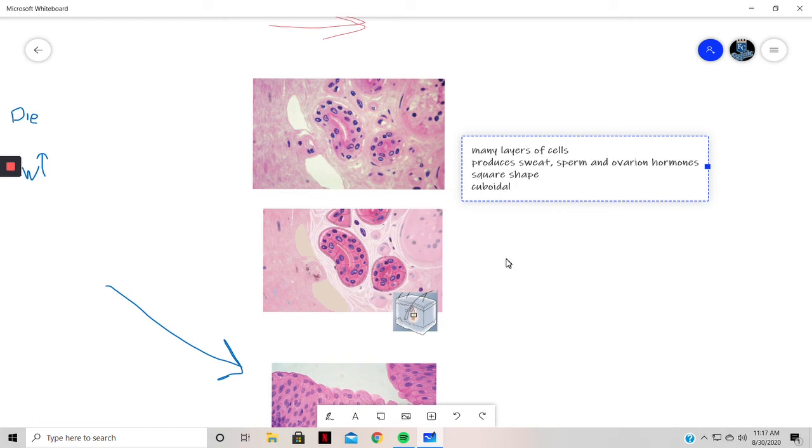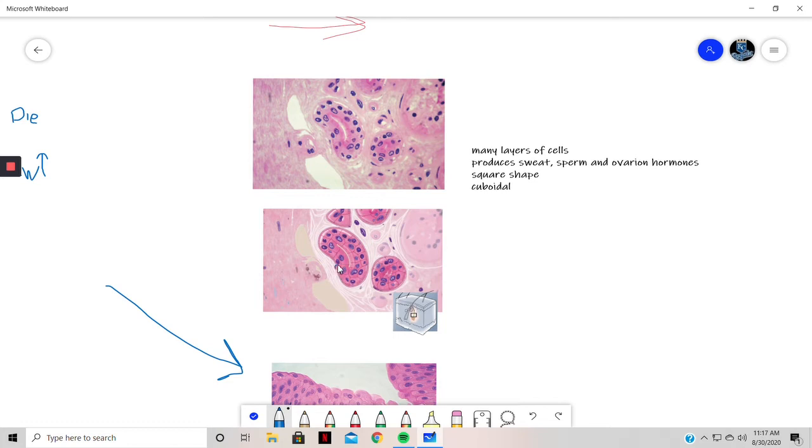Cuboidal cell type. When we think about that, obviously you can see the many layers. Think about it being a layer here, maybe a layer here, maybe a layer here, and then a layer here. So this one looks like it has 4 layers. And you can do the same thing over here: a layer here, a layer here, a layer here, and a layer here as well. And you can see that based on this cross section, this of course is a hair follicle,